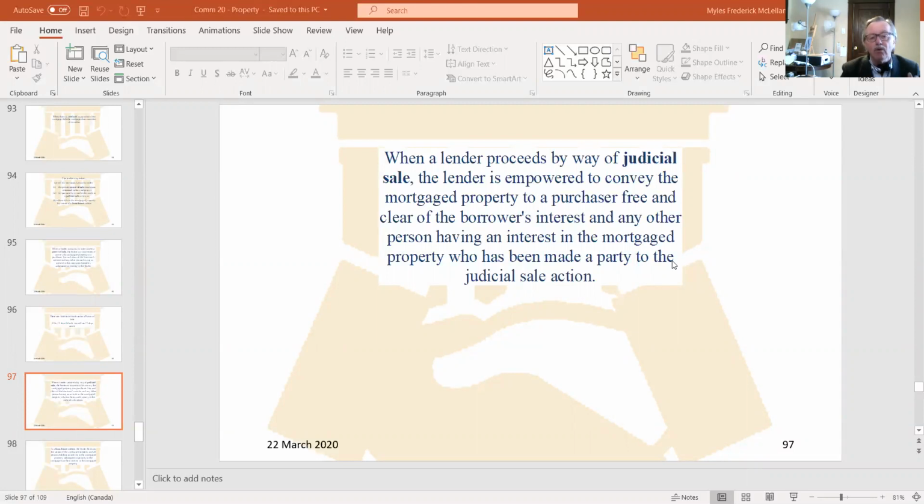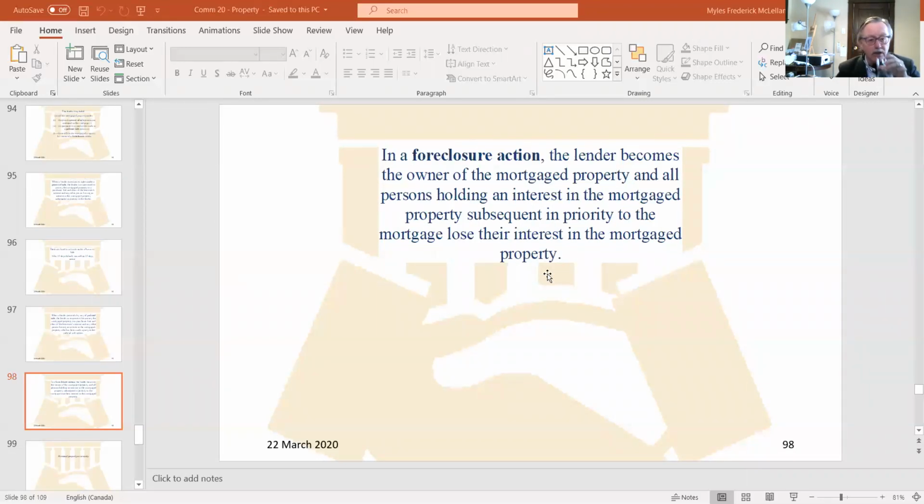This is really only used if a title is very complicated and the mortgagee wants the benefit of a court order basically clarifying the title for the purposes of a sale. It's hardly ever used. Private power of sale is the most common way to enforce a mortgage debt. And that leads us to the last remedy,